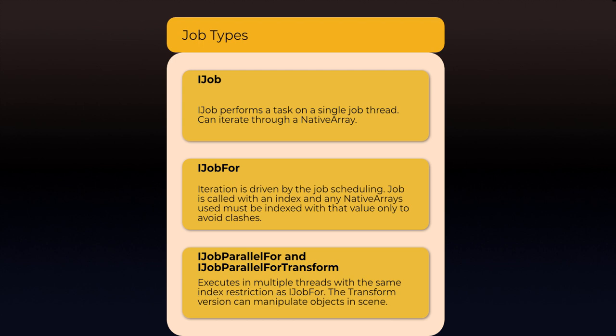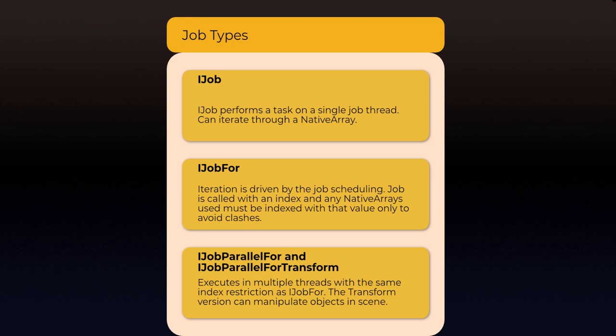The IJobFor is kind of like a for loop or an iterating job, where it sort of assumes you're going to be indexing into a native array. So you're given an index number into your execute method, and you basically can perform work according to that index. Now that can be scheduled just with the regular Schedule method, and it can be scheduled with ScheduleParallel. And then you have the IJobParallelFor,